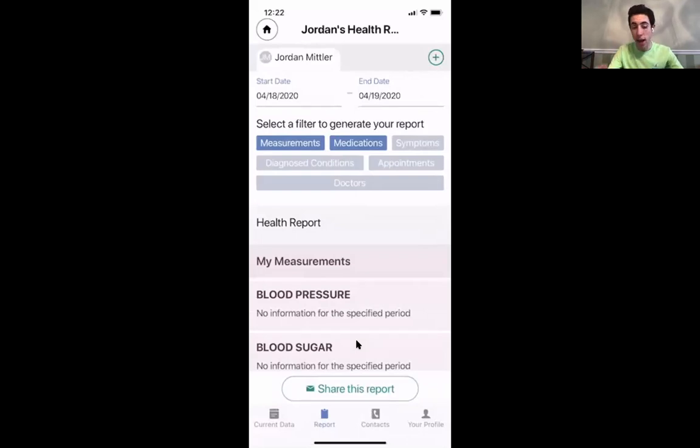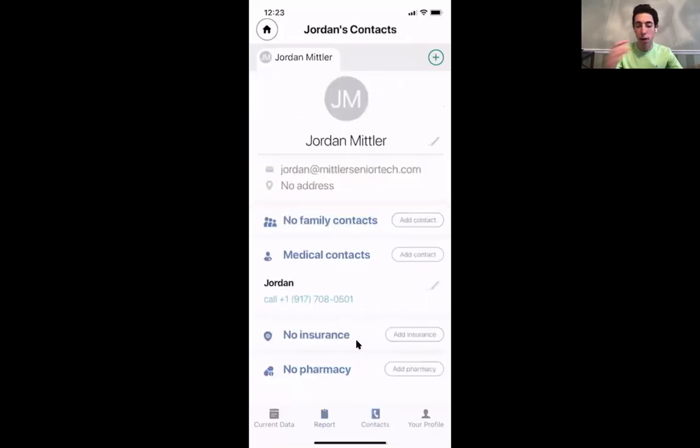It's basically an organized way to access all your information and an easy way for you to share it and filter the results. Okay. Third is the contacts app. And now Caroline's going to show you how to add contacts, and how to have certain contacts be filtered into your medications and appointments.